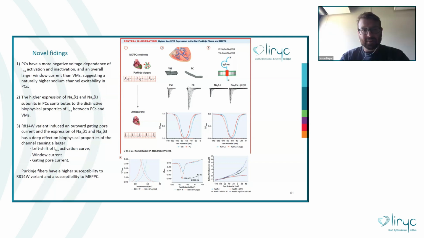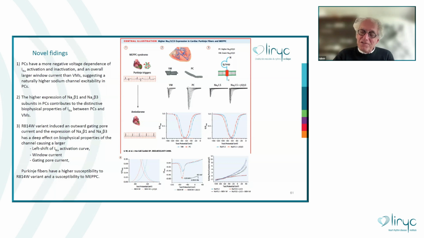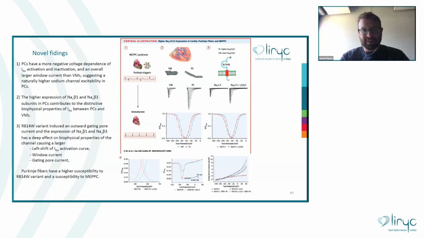Jason, have you ever tried to increase the window current in Purkinje cells? No, that's the missing part for me here: does this actually lead to anything interesting, like an EAD? It's just showing some changes, but we could model that and look at some things if we knew some open channel probability, because we do stochastic models. If we know the open channel probability with respect to voltage and time, we can build these models to replicate what we would see rather than determining it, which would be cool.